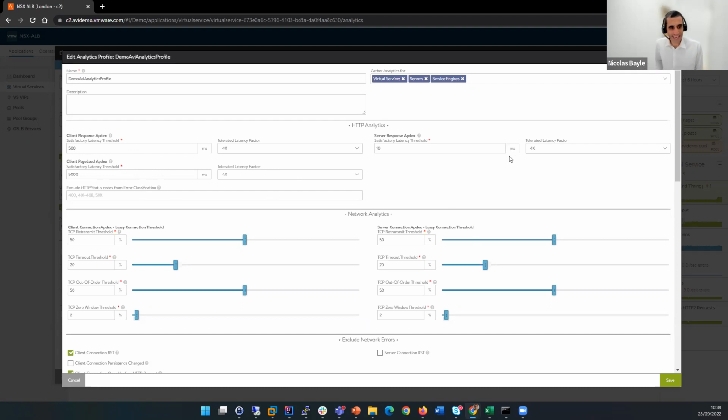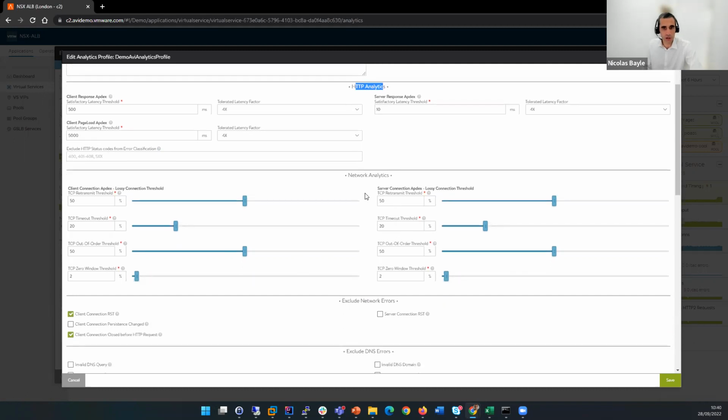And if you want to exclude some responses that you think are okay, even if they are HTTP errors, you can specify directly here the type of HTTP error that you want to exclude from being considered a wrong response, right? So you have all the information here at the application layer, but you can also, for the lower layer here,